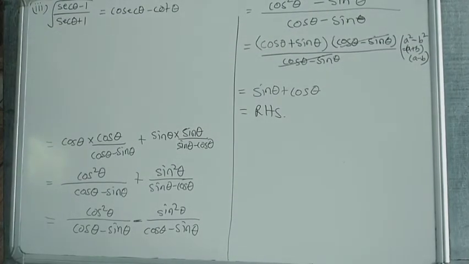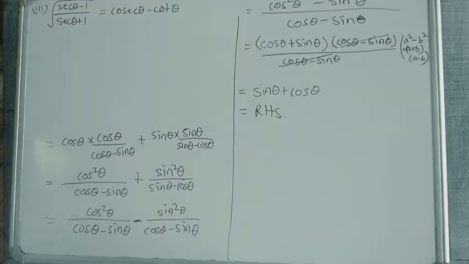So one type of question you understood. These kind of questions are very easy to identify. You will be seeing this side root, or you may see this side not root, then this side will be whole square. Sometimes the question becomes like that. Both ways you have to do the same method. Sometimes the root is not here, it will be on this side. So these kind of questions are very easy to identify.